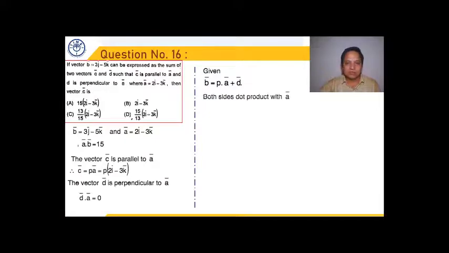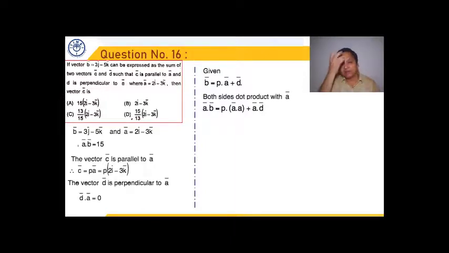B vector is given to us. On both sides we do dot product with vector A. So A dot B, whose value we know is 15, is equal to P